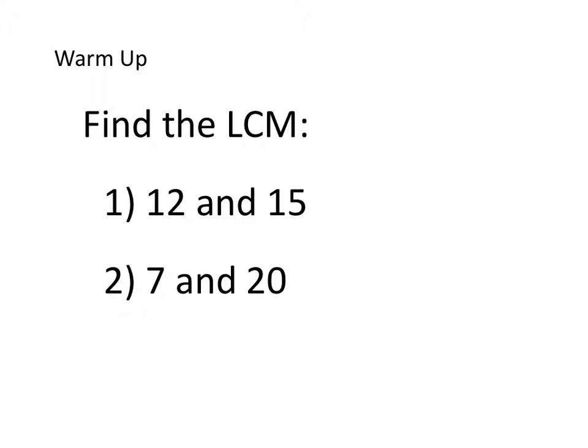So find the LCM of number 1, 12 and 15. Well, I'm going to break down 12 and find the prime factorization, and that would be 2 times 2 times 3. Then if I break down 15, that's 3 times 5. So what the two share in common is just a 3. So I only need to write 3 one time. But then 12 has two 2's that need to be multiplied for the LCM, the least common multiple, and then the 15 has a 5. So now I must multiply 2 times 2 times 3 times 5, which equals 60 for the LCM of 12